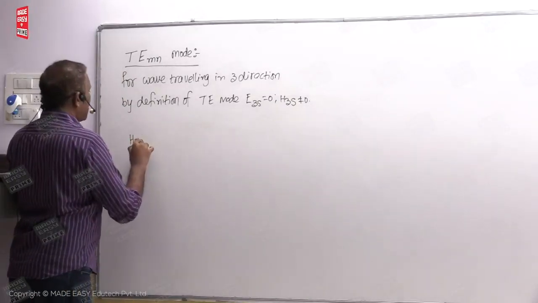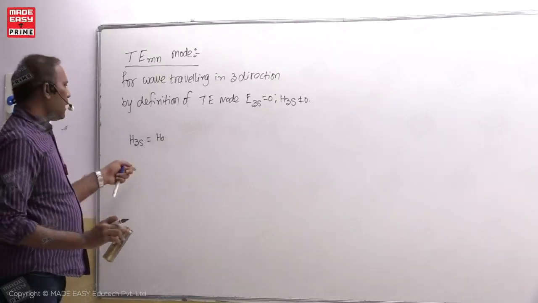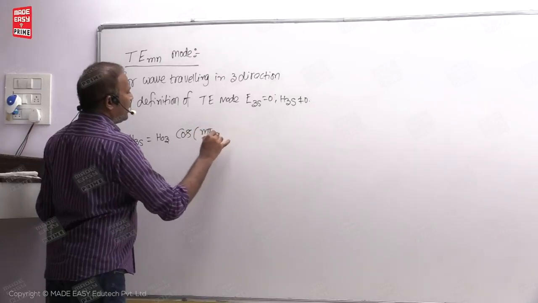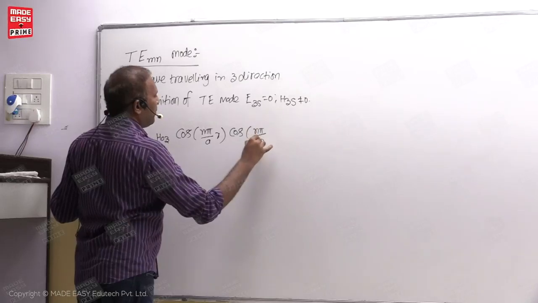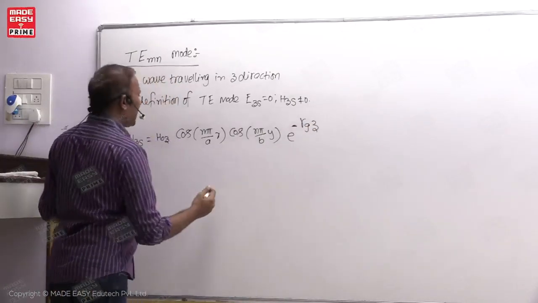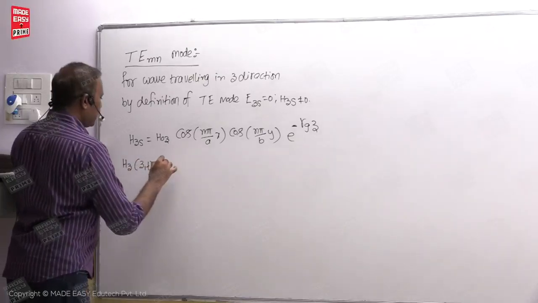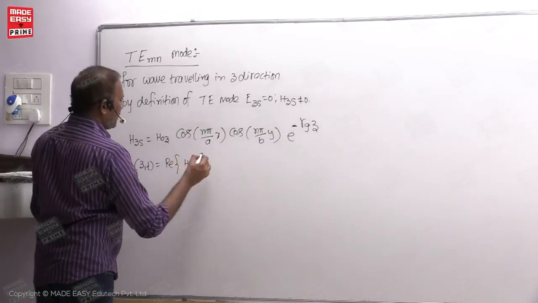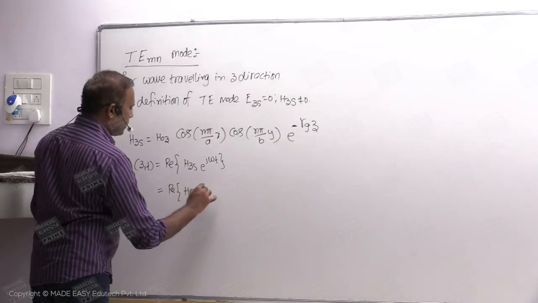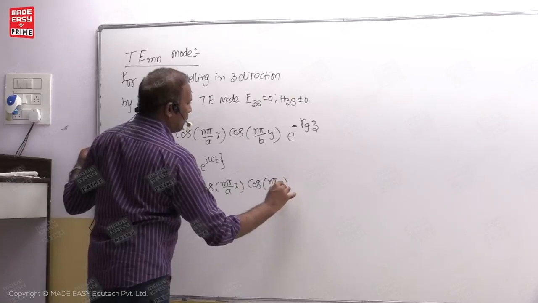So Hzs is equal to H0z. Actually, H0 means the initial value of the magnetic field of which component? Z component. So H0z cos of m pi by A into x, cos of n pi by B into y, e power minus gamma g z. If you want it in time domain, students, multiply with e power j omega t. For example, like this: Hz of z comma t for a wave traveling in z direction is equal to the real part of Hzs e power j omega t, that is nothing but the real part of H0z cos of m pi by A into x, cos of n pi by B into y, e power